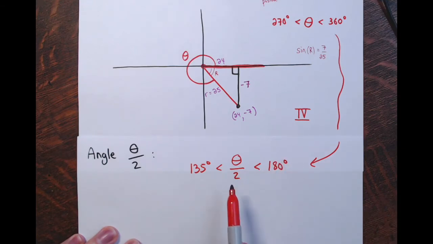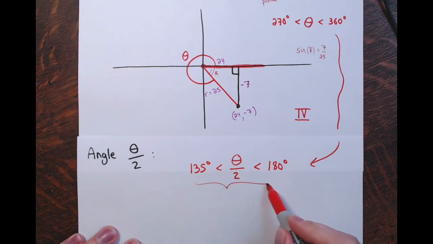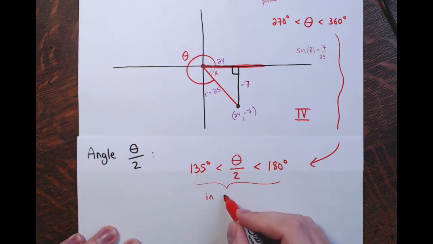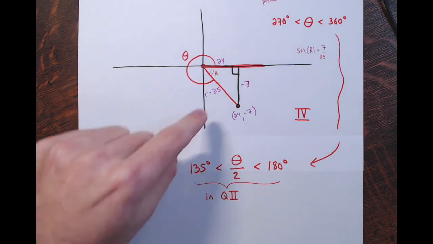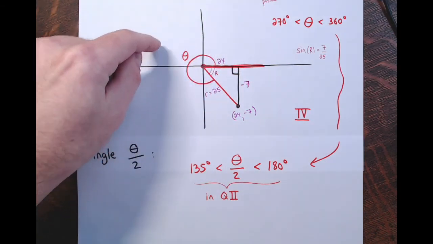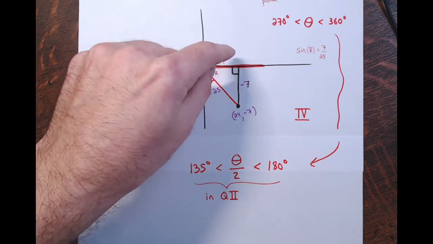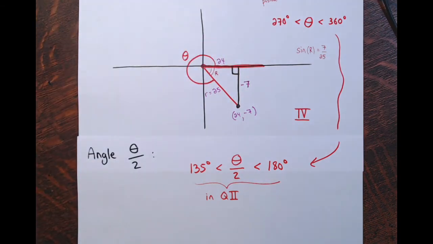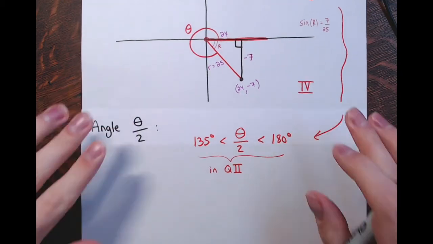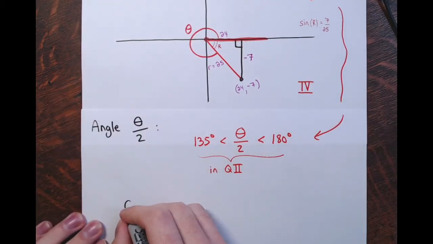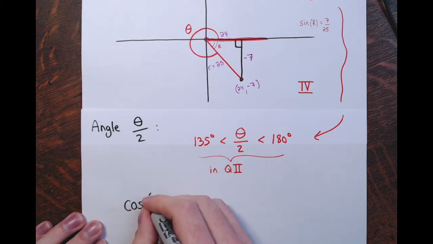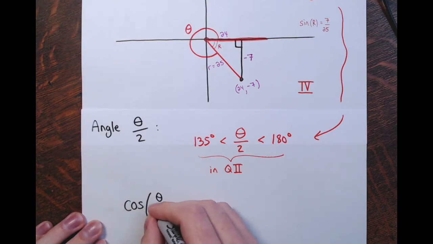Now, if you're between 135 degrees and 180 degrees, that means you're in quadrant 2, aren't you? Because 135 degrees and 180 degrees, you're over here somewhere, right, if you're drawing in standard position going in the positive direction. So, keeping that in mind, and using my formula for the cosine of half of theta,